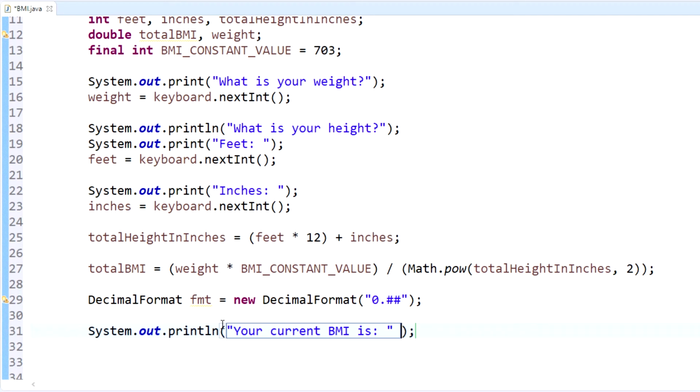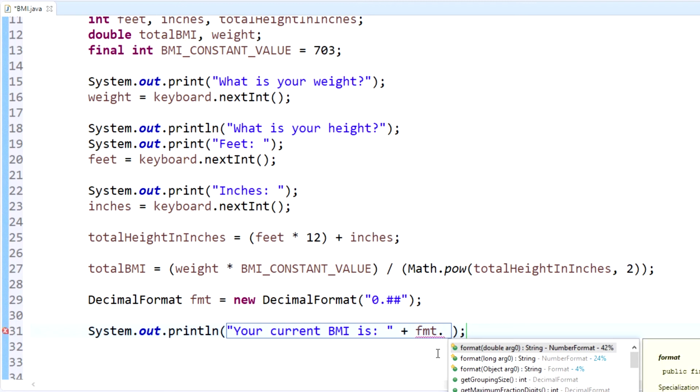See, we're going to concatenate it with something, but you'll see the quotations. So we're going to output whatever this string is. So right now the string is "your current BMI is colon space", and we're going to concatenate it with, you're going to call the format object that we did,